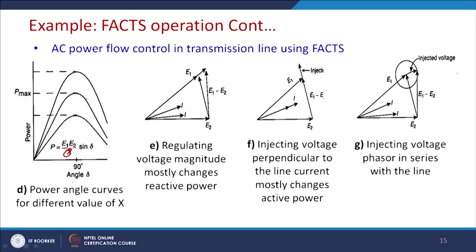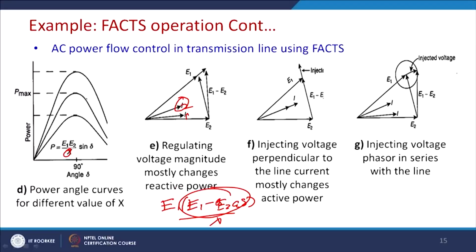So, what essentially we do, previously let us assume that I1 was the current, and if by injecting some amount of current, the resultant current becomes I2, then the angle changes. Then what will happen to the reactive power element? We know that reactive power is given by E1 (E1 - E2 cos delta) by X. If this value changes, then reactive power changes. So, this can be done by